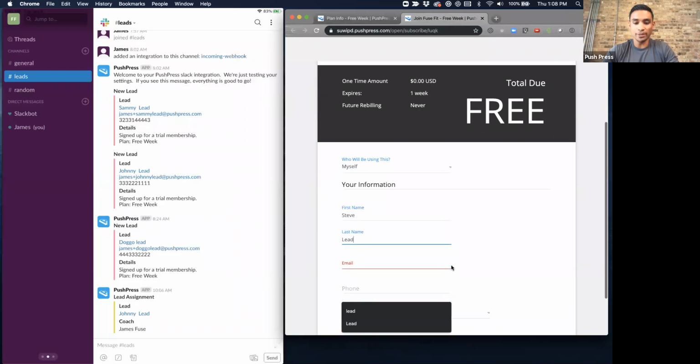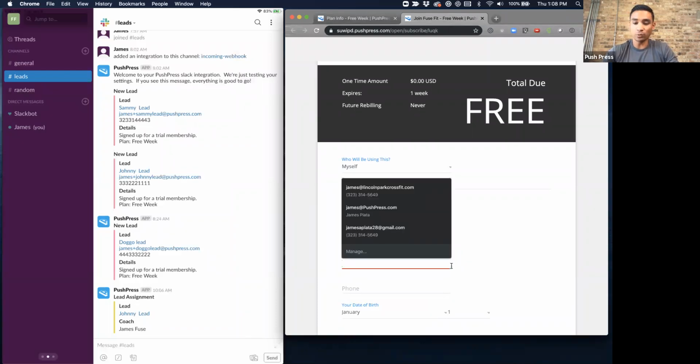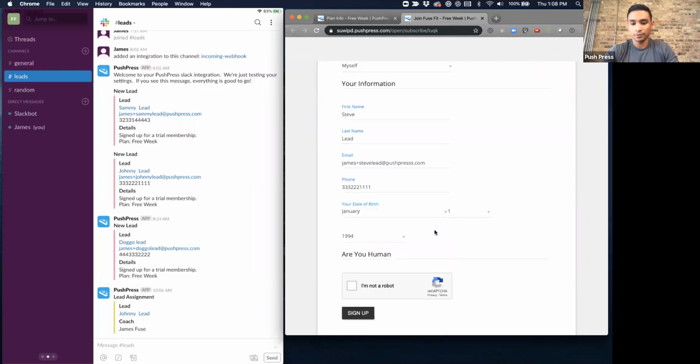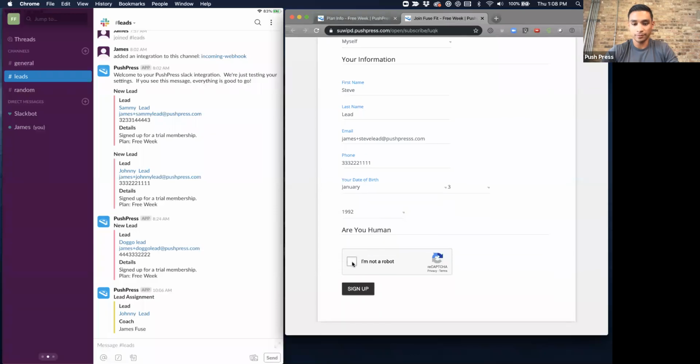So we're assuming at this point, this lead has visited your website, saw an ad, and they want to check it out, right? So they're signing up. Enter a phone number, select birth date, and we are human. Cool. So before I click sign up, I want you to take note of how fast it is, right? So I hit sign up,